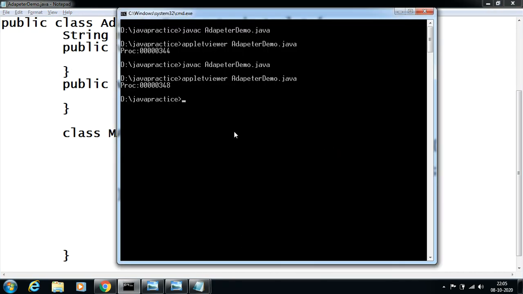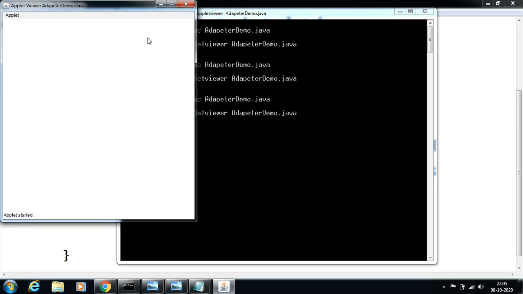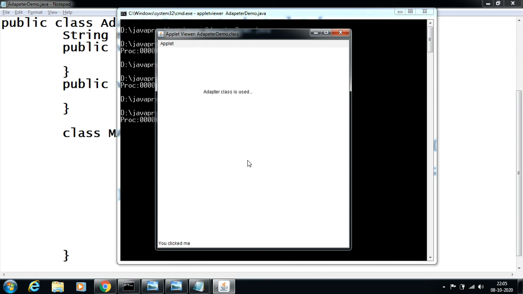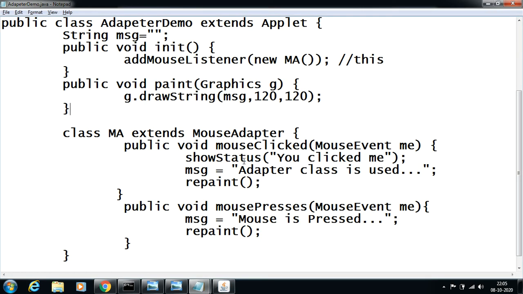Okay, you just try to run the program. Now see, that is called "mouse is clicked" when I click on this. You are unable to see mouse press because mouse press is happening inside this itself. To see that, we can neglect, we